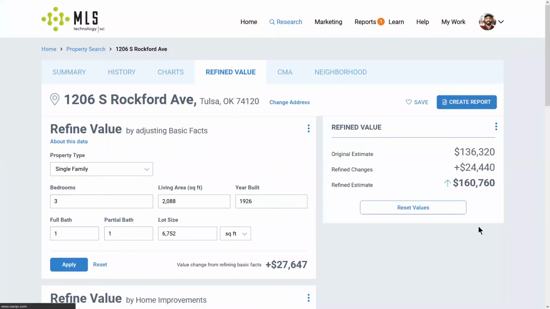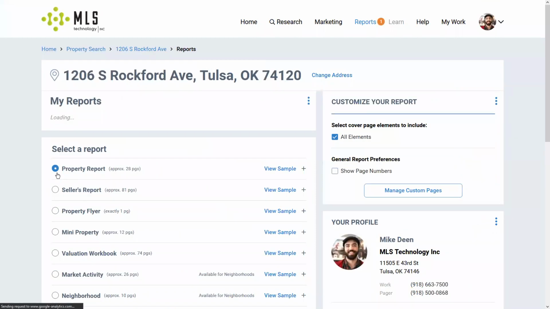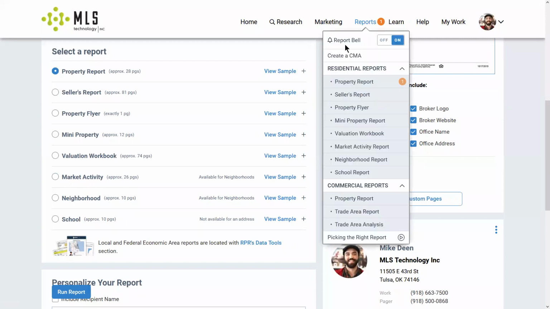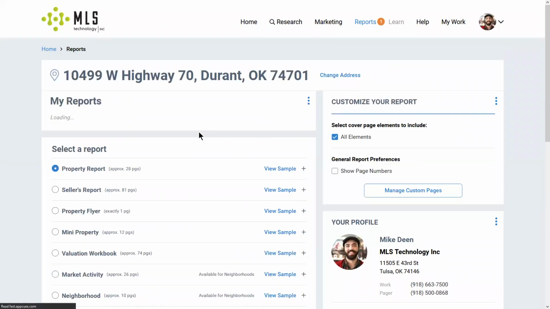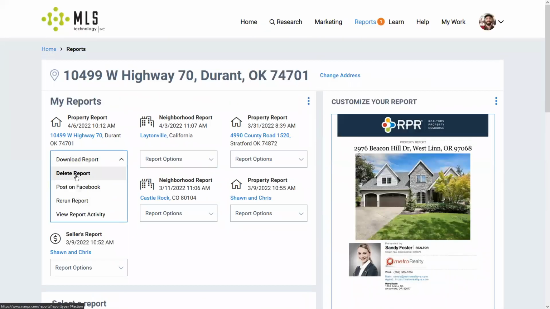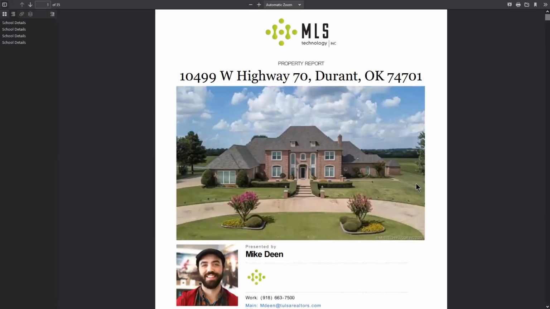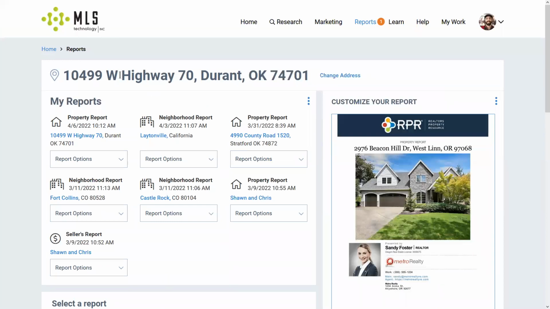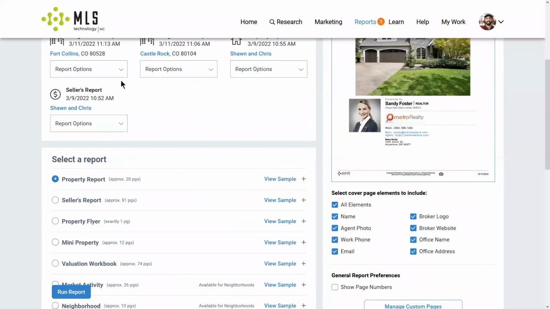If I do end up hitting create report from here, it's actually just going to bring me to the basic property report. Because the idea is that whenever you guys produce that property report, what it's actually trying to show, I didn't leave it open, hold on. What it's actually trying to show with that estimated value is effectively just a number that you've come up with or the system has come up with. In this case, the system came up with this 2 million, and then any adjustments that I would have made are going to appear over here. So if I were to create the property report for this particular property,